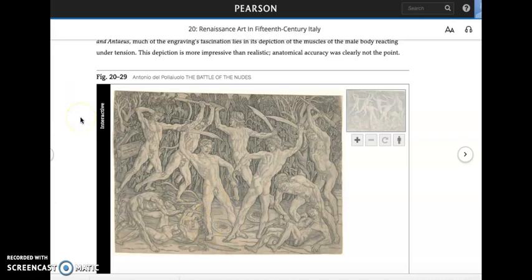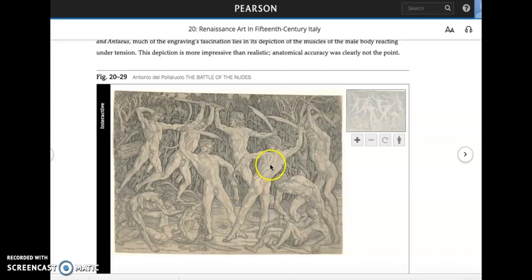As the textbook notes, it's not actually 100% accurate, as anyone who's studied anatomy can tell you. So for instance, there are these weird bulging muscles here on the side. It's probably meant to be what's called serratus anterior, but they're just too far forward and way too big. In general, the exaggerated bulges would make Arnold Schwarzenegger blush, right? I mean, these guys need to get tested for steroid abuse. But the point is that